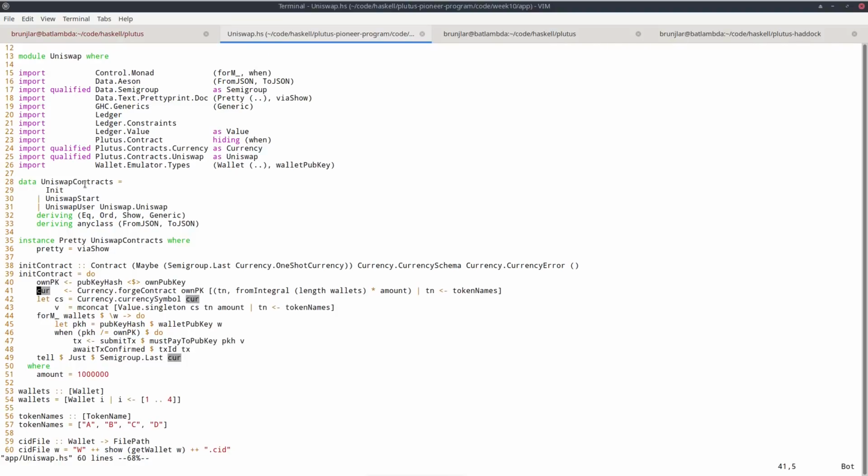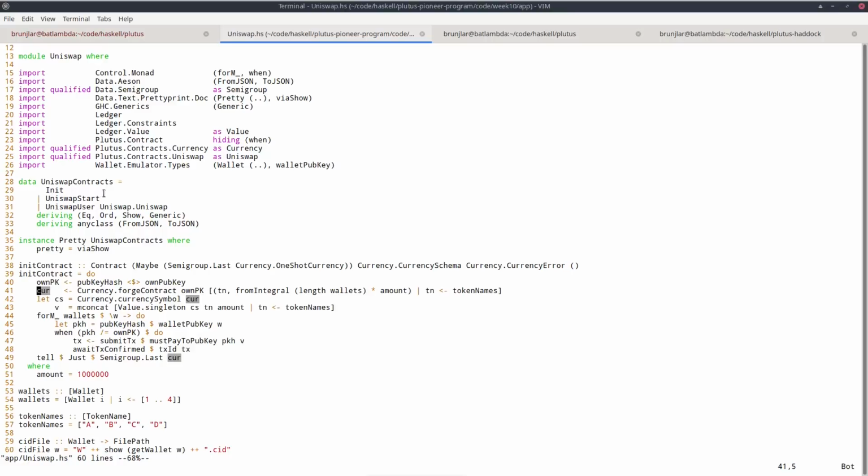First of all, as I explained when I presented the Oracle demo, we need some data type that captures the various instances we can run for the wallets. And in this case, I have three. Init hasn't been mentioned before. That has nothing specifically to do with Uniswap. This is just used to create some example tokens and distribute them in the beginning.